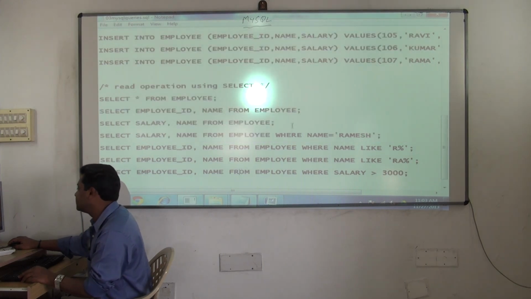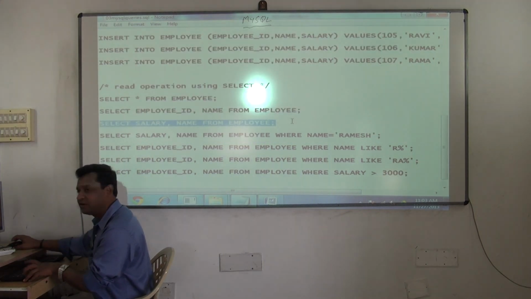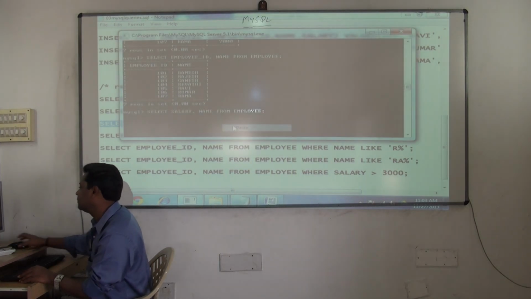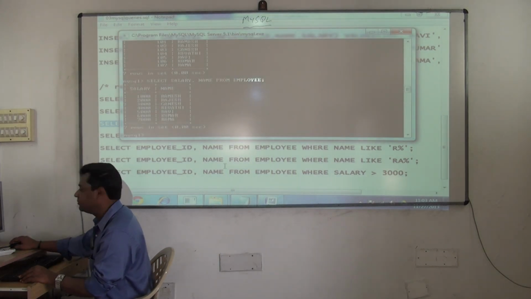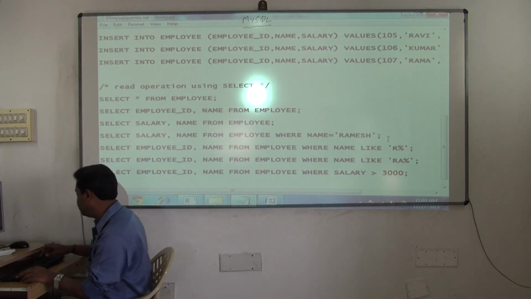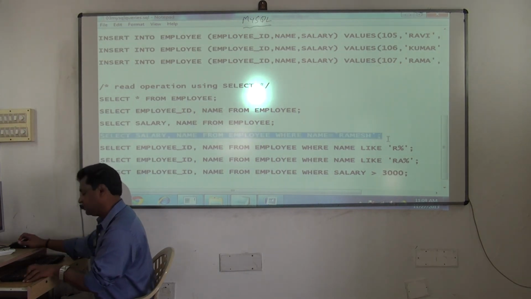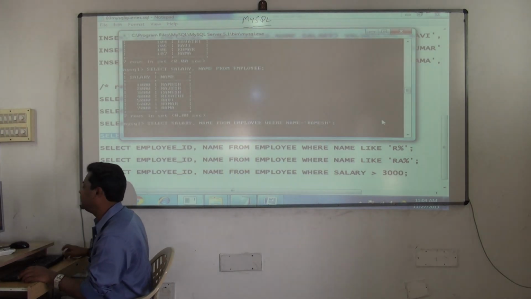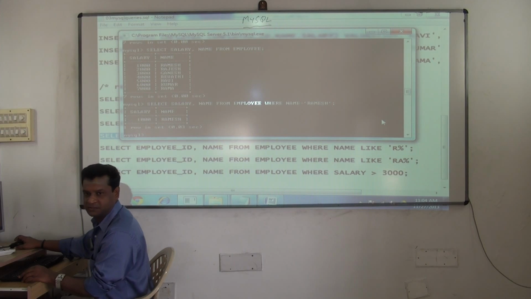Okay. So then next, select salary and name. See, the order can be anything. It's not that you have to go in the same order. Fine. Salary and name. Then I want to select only details of Ramesh. Fine. Aren't the queries all same? So you'll get the details of Ramesh now. Single quotes. If you are working with varchar here also, single quotes.